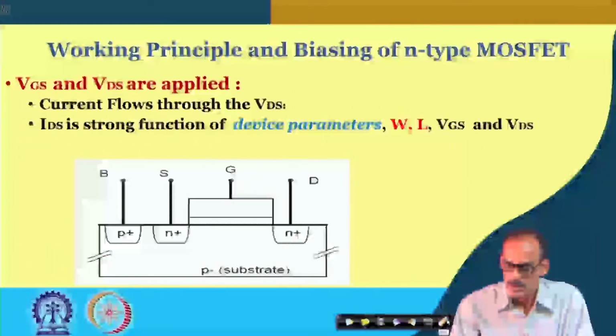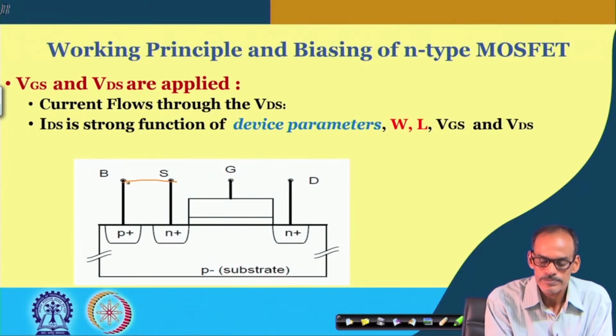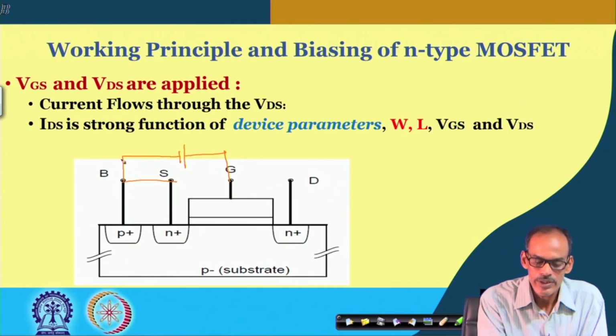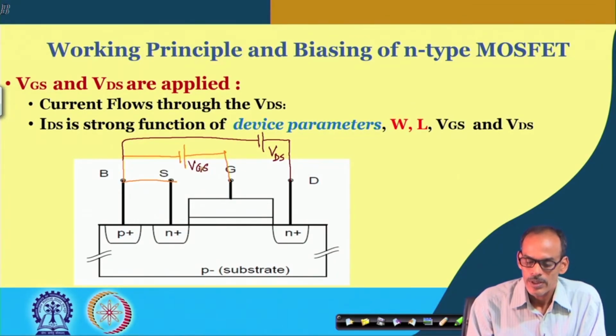So, here what we said is that suppose we apply the voltage VGS, and also we apply VDS, keeping body and source connected. So, we call this VDS and this VGS. Of course, we do have an insulator, so through this terminal there will not be any current, but there will be a current flow. So, this IDS is flowing here,